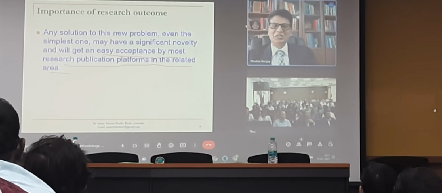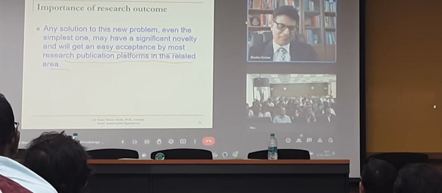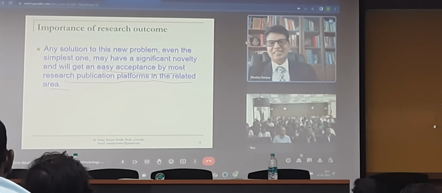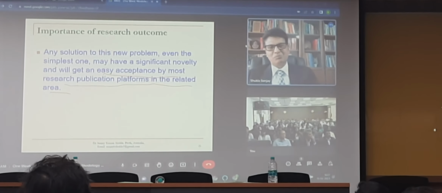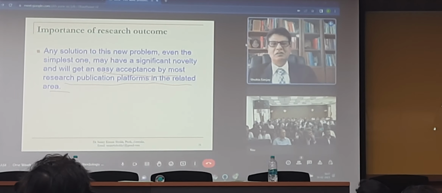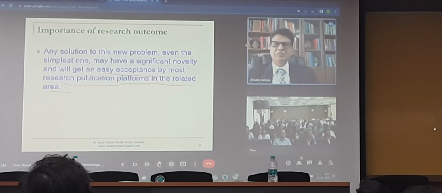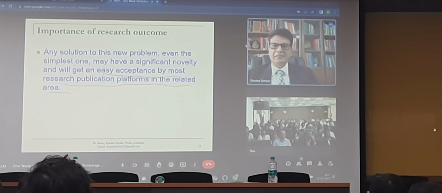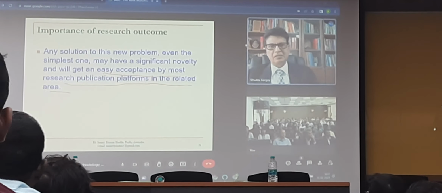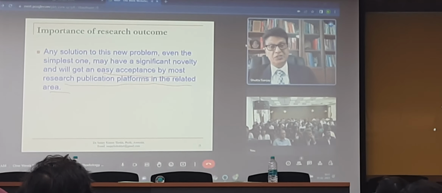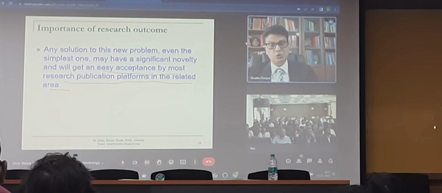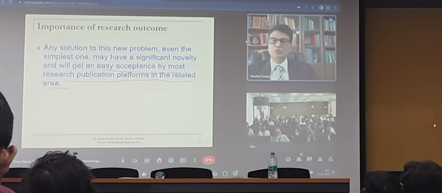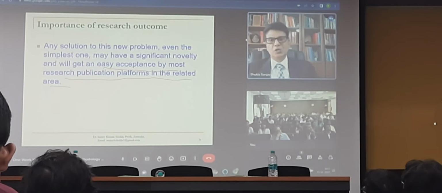But in most cases, we researchers have our own experience. What happens? Rejection, rejection, rejection. So you can understand why the rejection. Because either the problem is not new, or maybe there is no real problem, or the solution is not new. That may be one of the main reasons. But when you go through all the research mantras, you will understand. Even though you have a new problem and a new solution, you will not get your work accepted, I must tell you, unless you follow the remaining 6 mantras. So just following one